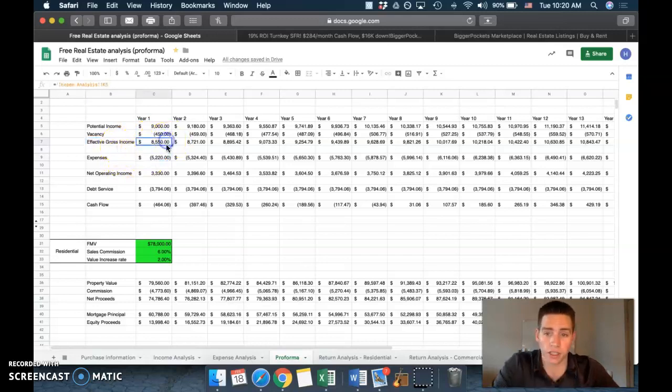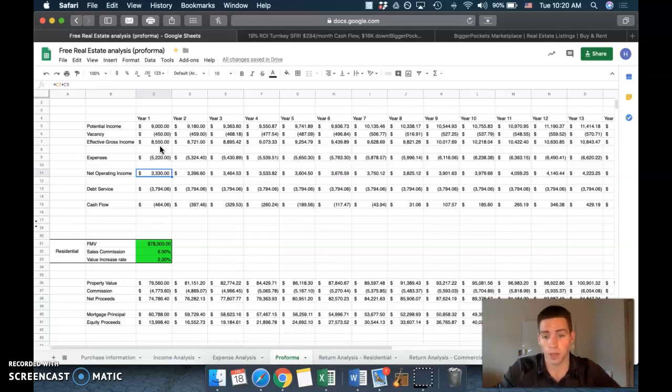So our effective gross income minus our expenses gives us our net operating income. If this were a commercial property, we would value our property based off of the net operating income. But since this is a residential property, we're going to use the property value and the fair market value. So now that we have our net operating income, which is essentially our profit before debt, we need to take